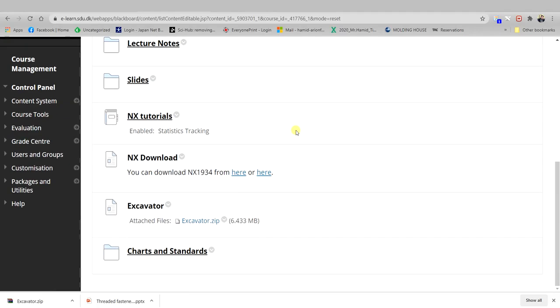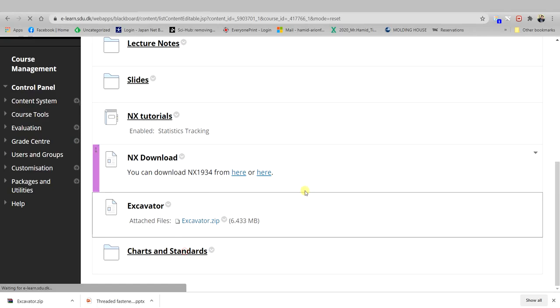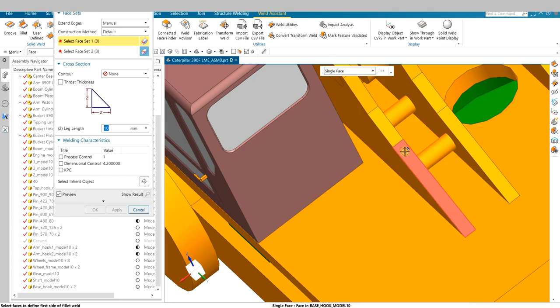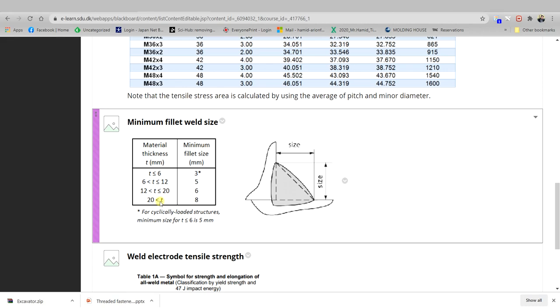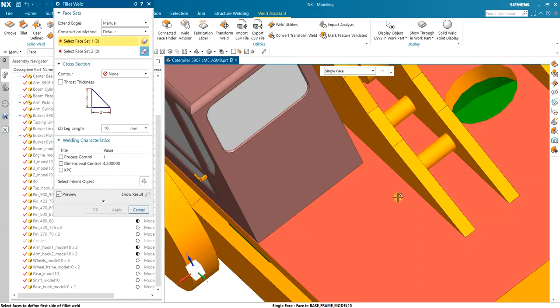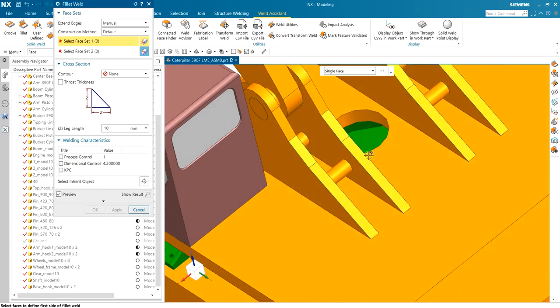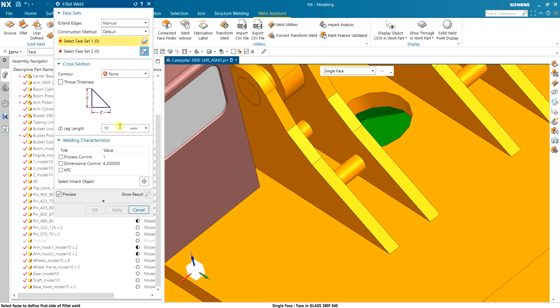and the course materials, and on the charts you can find this chart that specifies the minimum size of a fillet weld relative to the thickness of the thinnest parent material. Here the parent material is around 100 millimeters, so bigger than 20, the minimum size is 8. I'm gonna go with 20, 5 times less than the thickness of the plate. Then if it didn't work, we can go back and change the weld size. So here we go with 20